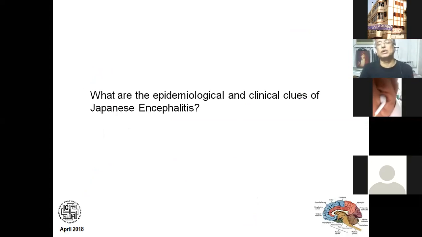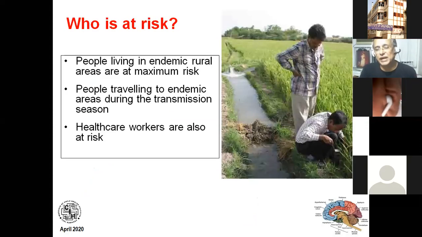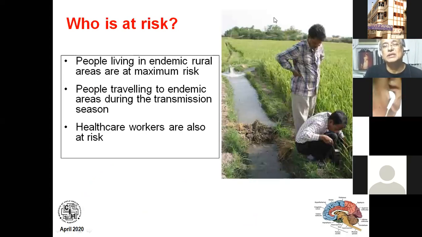The first important clue is that it is a viral disease which is usually transmitted by the Culex mosquito. There are certain things which you require for the Culex mosquito. First of all, you must have lush green vegetation. The Culex mosquitoes take rest during the daytime, in the shade of these lush green leaves. These are nocturnal biting mosquitoes. They can travel a few kilometers for their blood meals, and they are zoophilic mosquitoes.